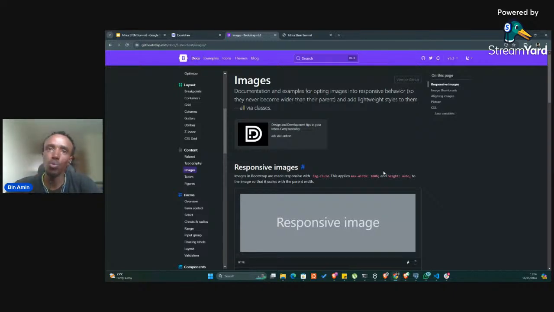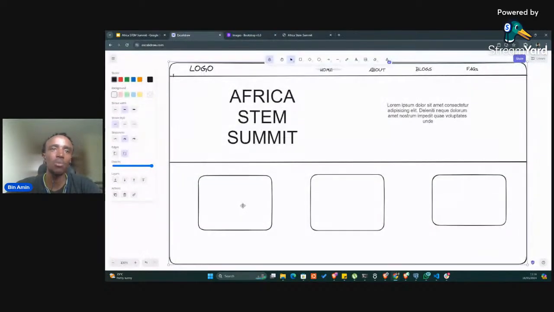is a small screen, the image does not adhere to the screen. So when it comes to Bootstrap and you're dealing with images, we have things like image fluid, which is a class that you add to your image that allows your image to take 100% width of the original container. So in our case, we need to have our images 1, 2, and 3 take up 100% of these containers. They shouldn't be smaller, they shouldn't be larger. So to achieve that, let me add these images